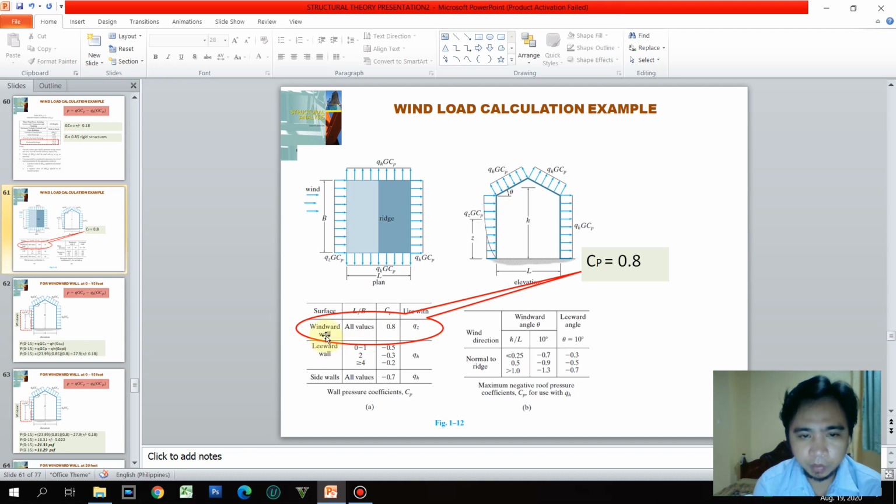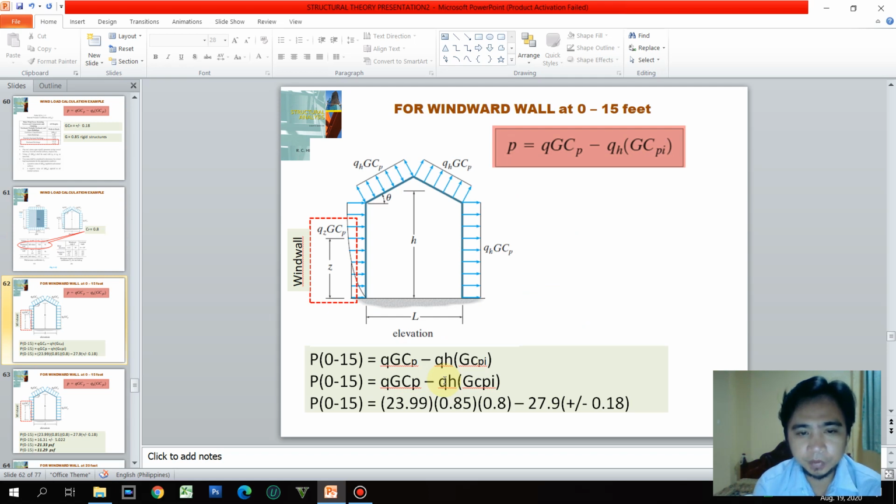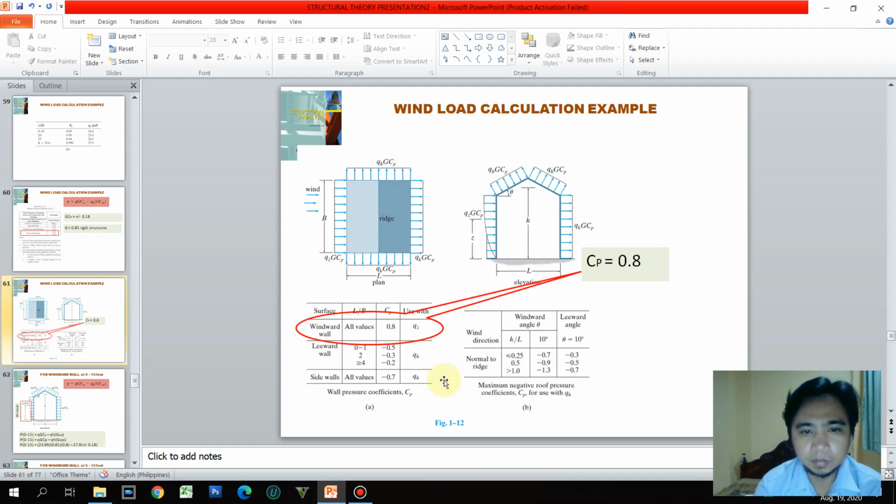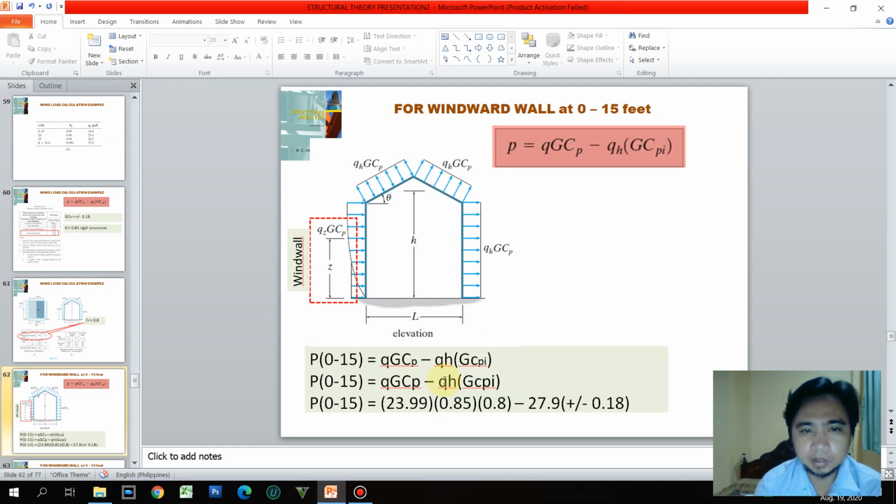And then for the windward wall, L over B, we do not need to compute that one because all values are accepted to have a Cp of 0.8. So here, okay. So after getting that Cp is equal to 0.8,